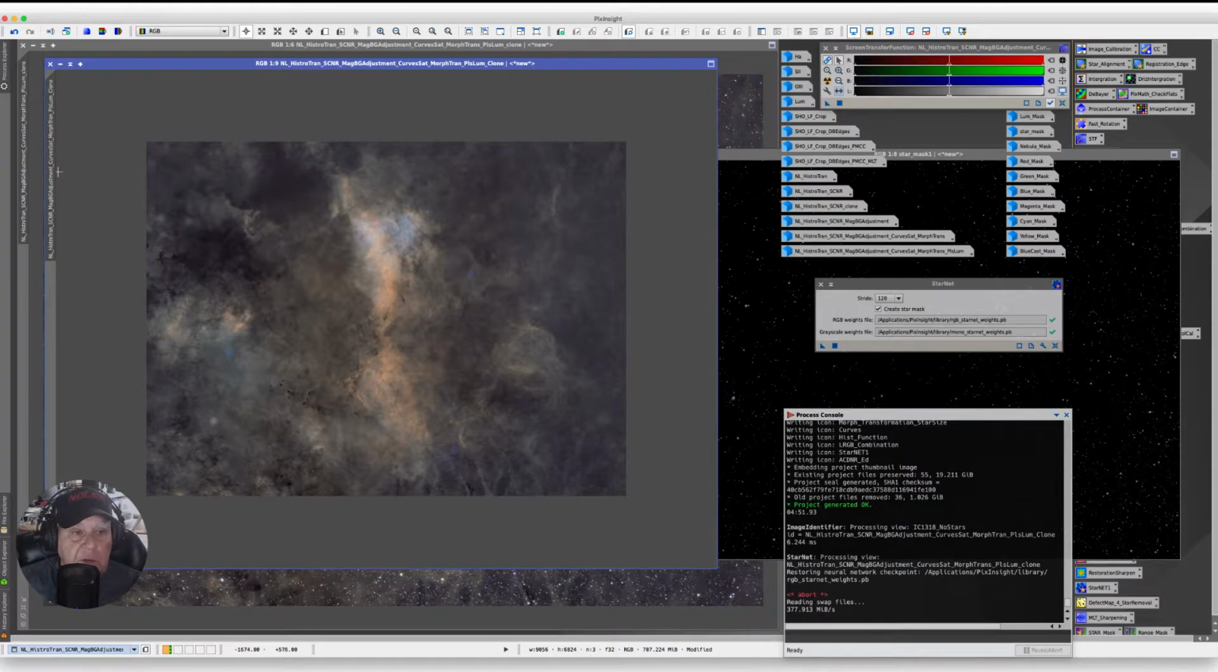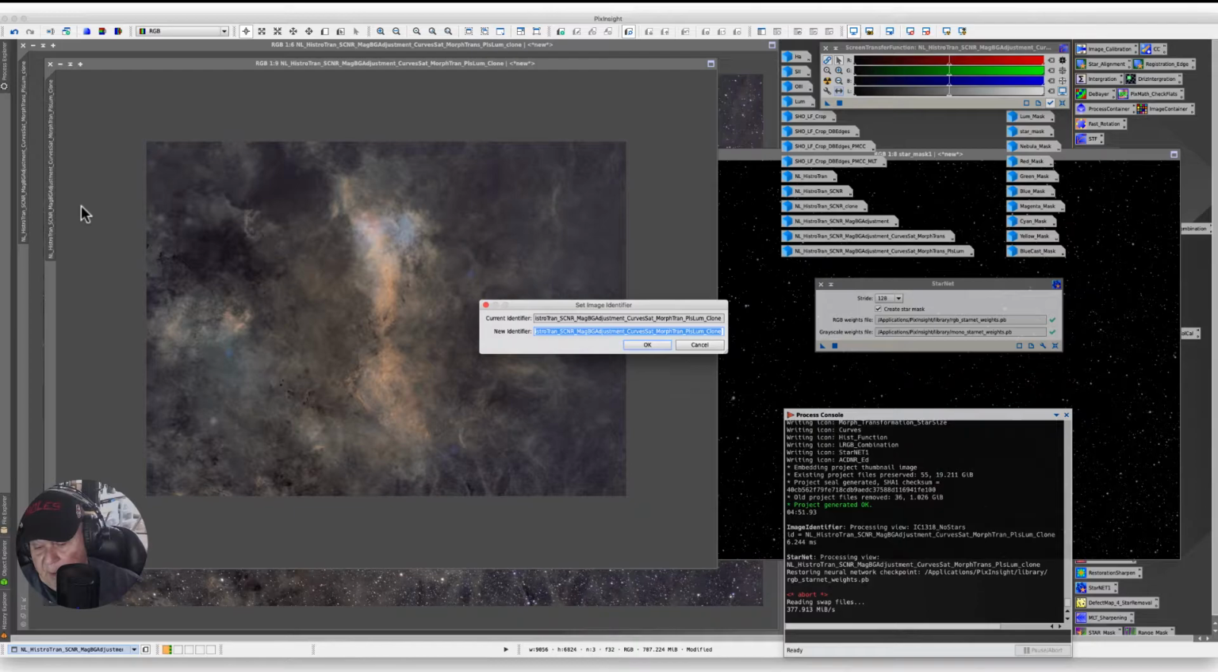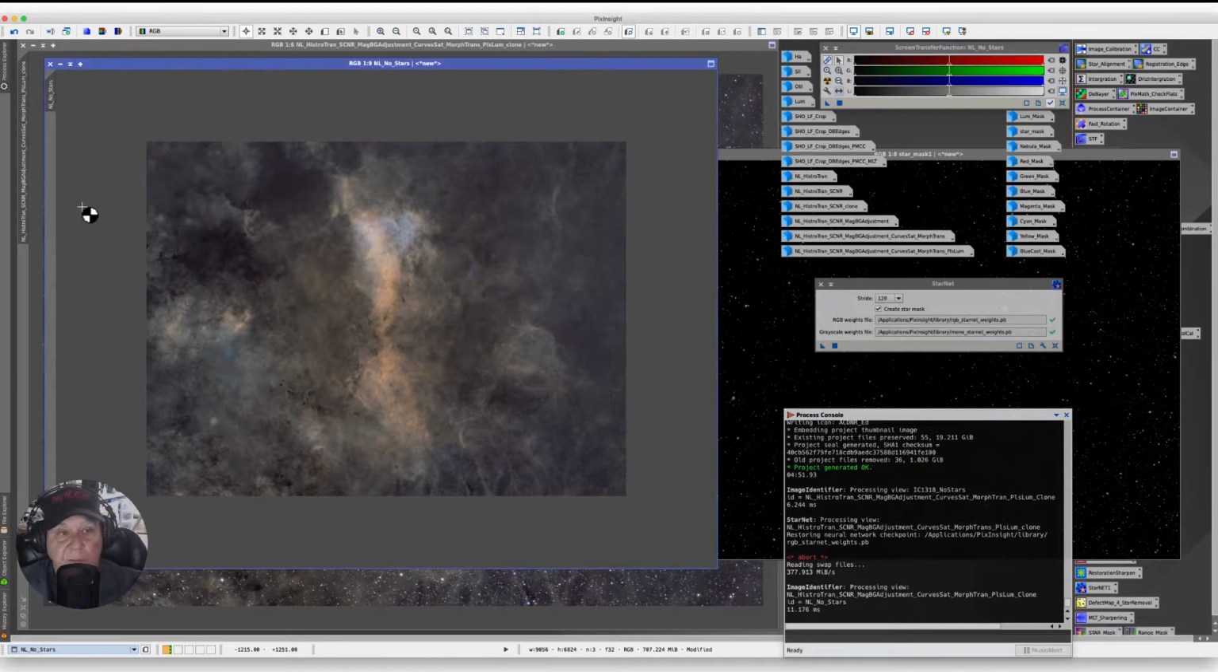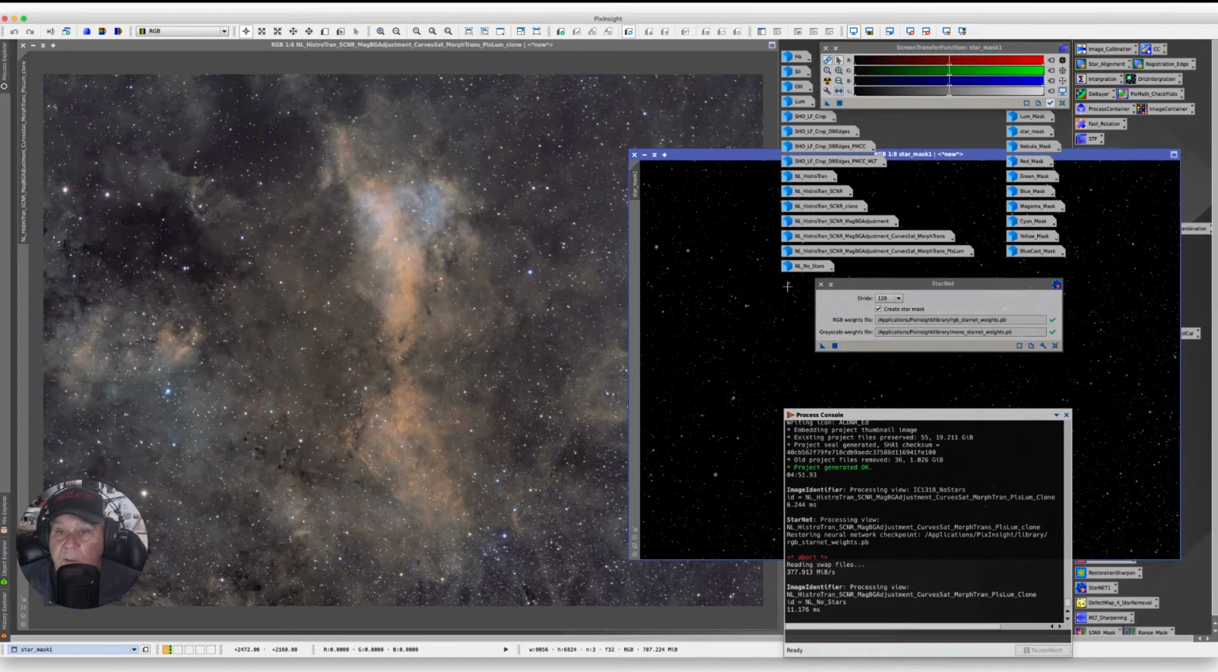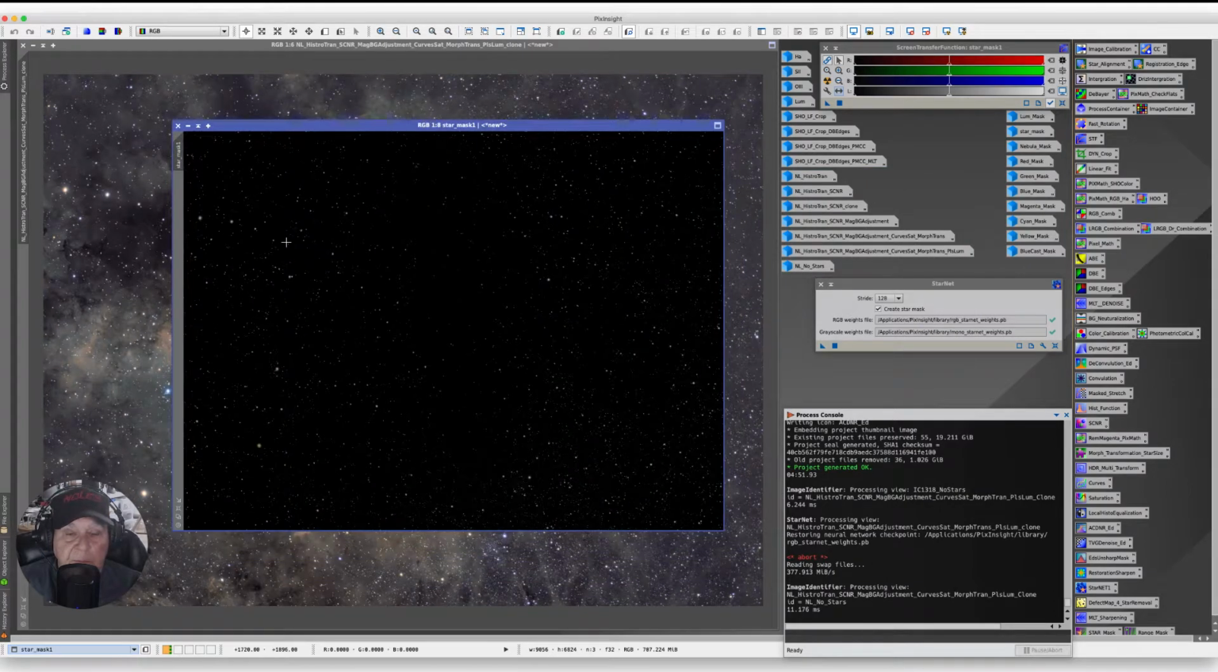And we're just going to call this nonlinear no stars, and we have no use for it, so we'll click it over there, and this is our star mask, and the first thing we're going to do is apply it to our image,